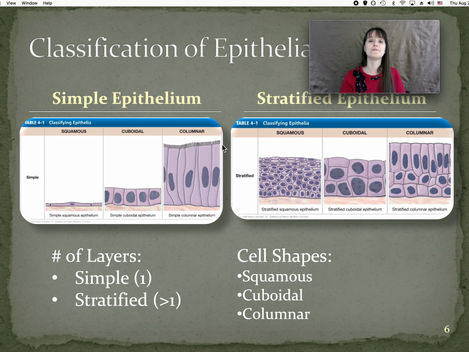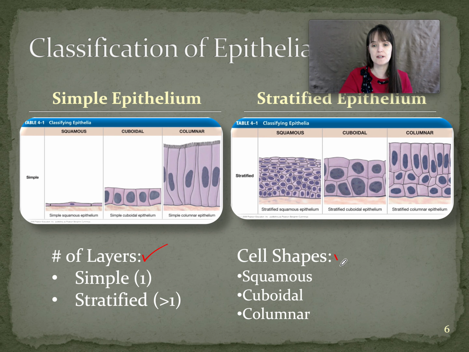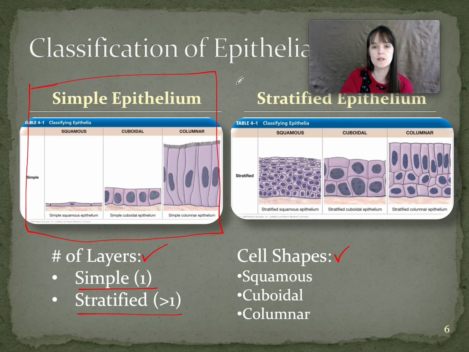Next page. The ways to classify epithelia. There are two ways, by the number of layers and by the shapes of the cells. Those are the two ways to classify epithelia. So the number of layers: if it's one layer of cells, then it is a simple epithelium, as you see here. If there's more than one layer of cells, then it is a stratified epithelium. So simple, one layer, stratified, more than one layer. And the cell shapes